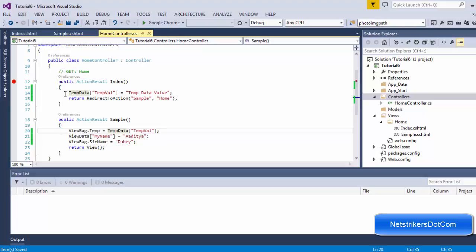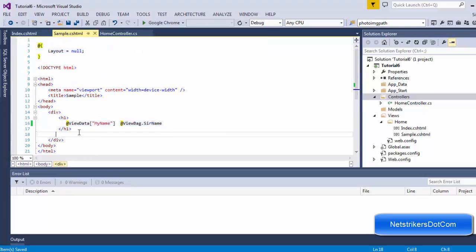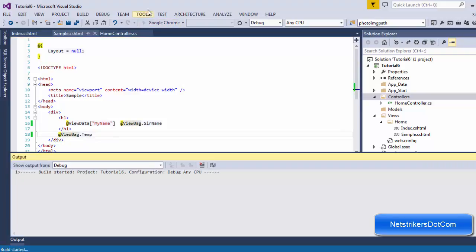So that's how you supply it. I'm going to save this ViewBag.Temp message inside this ViewBag property. I'm just going to copy this and paste this ViewBag.Temp, appending with the @ symbol, and run this application one more time.